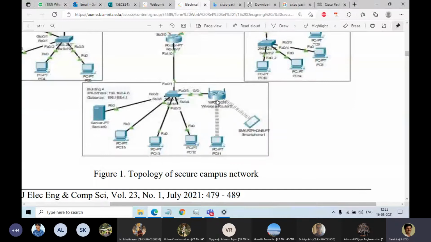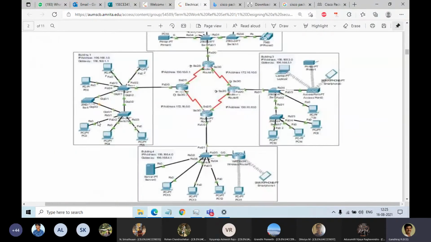So in our lab, this is the way they have made the network topology. You see how it is connected, how it is connected, how it is connected. By doing this, we will come to know the complete picture of what is happening in networking. That's all. This is the final take home.